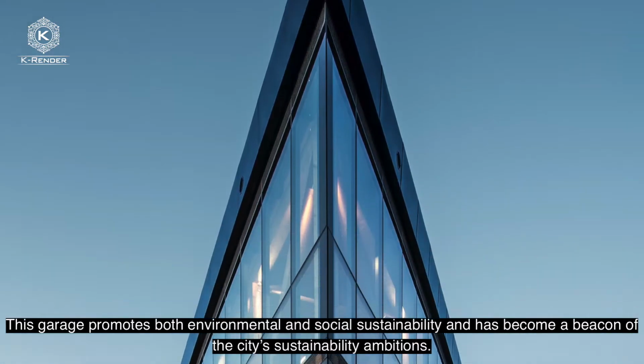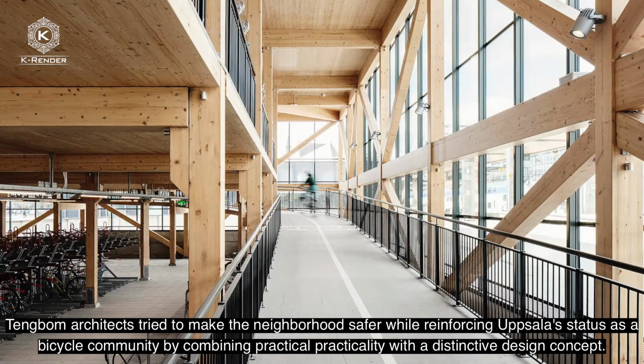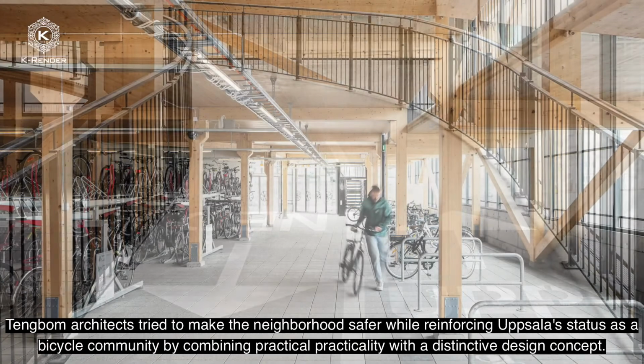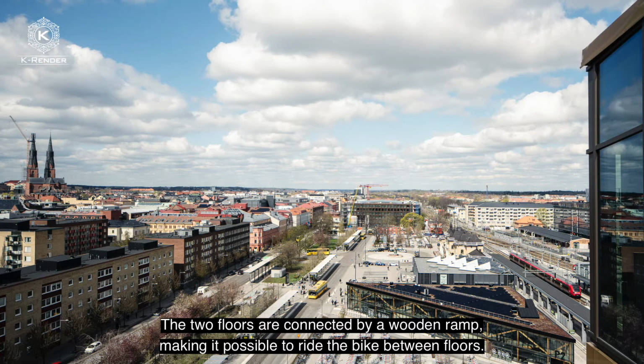This garage promotes both environmental and social sustainability and has become a beacon of the city's sustainability ambitions. Tangbom Architects tried to make the neighbourhood safer while reinforcing Uppsala's status as a bicycle community by combining practicality with a distinctive design concept. The 2 floors are connected by a wooden ramp, making it possible to ride the bikes